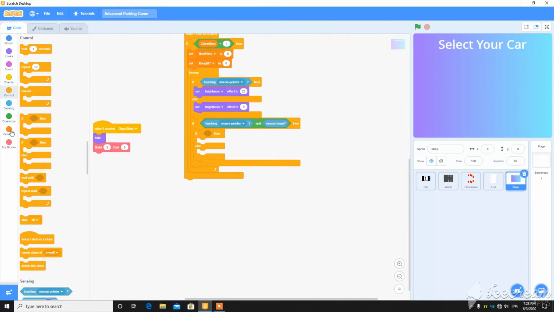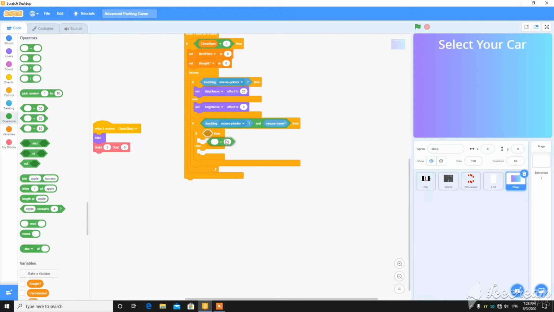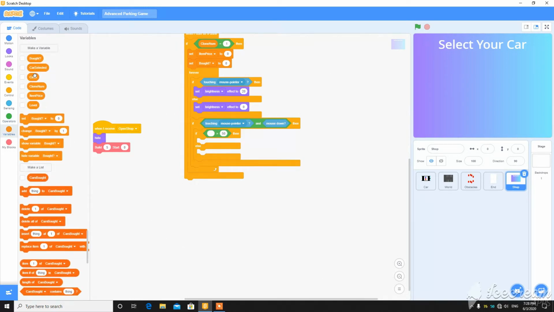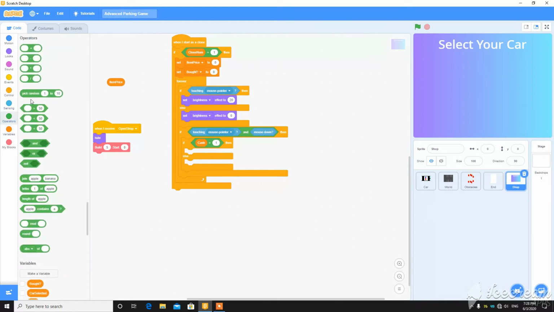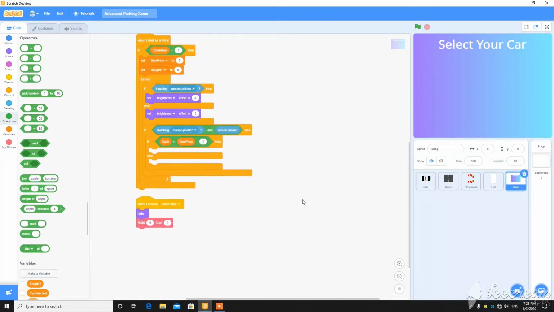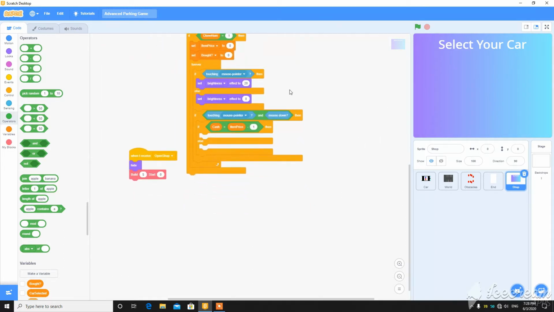If cash is greater than item price minus 1, so this will automatically detect if it is greater than or equal to.